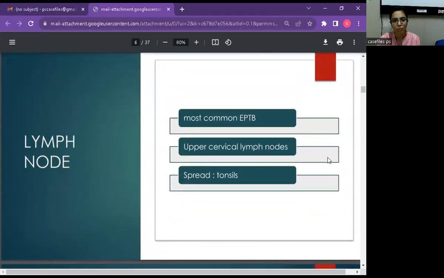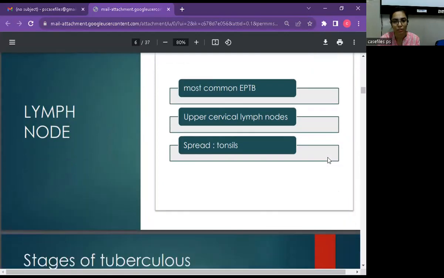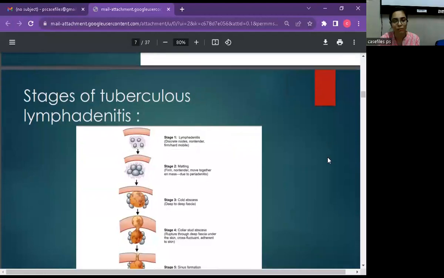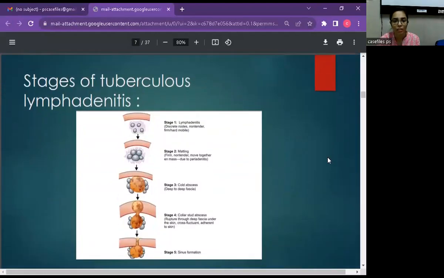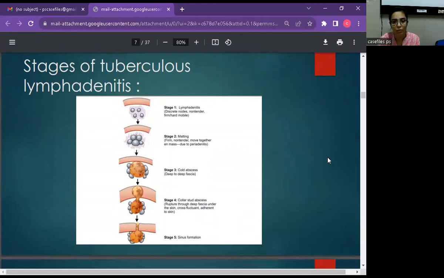The most commonly involved system is lymph nodes. Tuberculous lymphadenitis is the most common extrapulmonary TB, most commonly involving upper cervical lymph nodes and spreading through tonsils. The stages of tuberculous lymphadenitis: in stage 1, in early lymphadenitis, there are discrete nodes which are non-tender and hard to palpate. In stage 2, when there is periadenitis, they move together as a mass and cause matting. In stage 3, cold abscess, which is deep to the deep fascia,